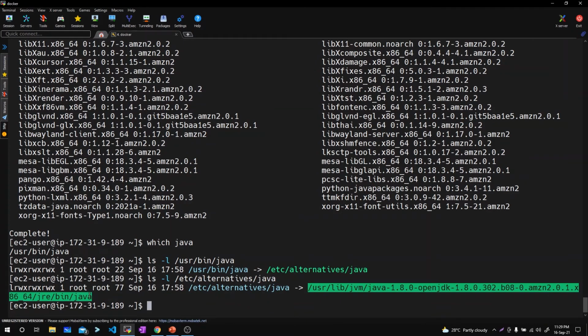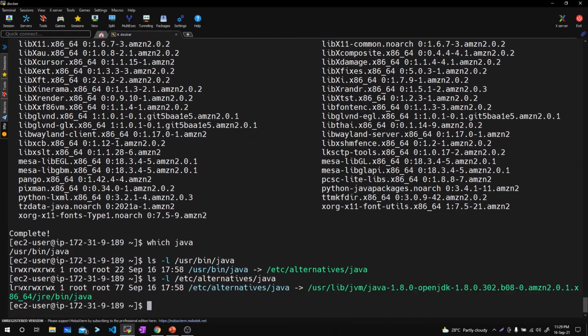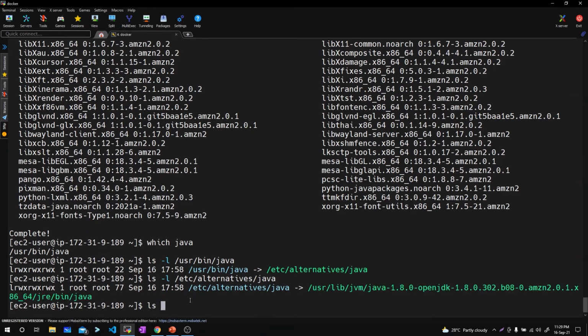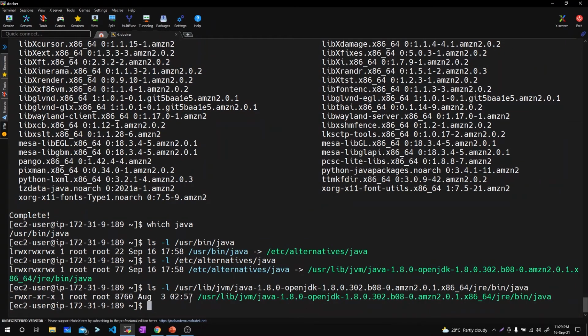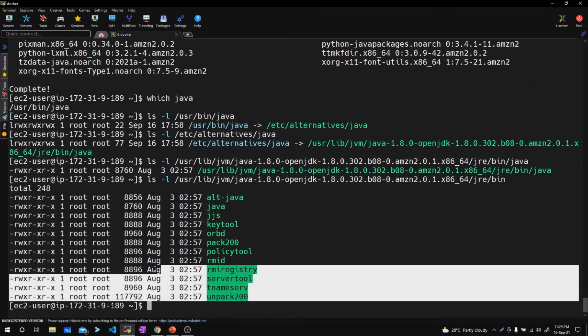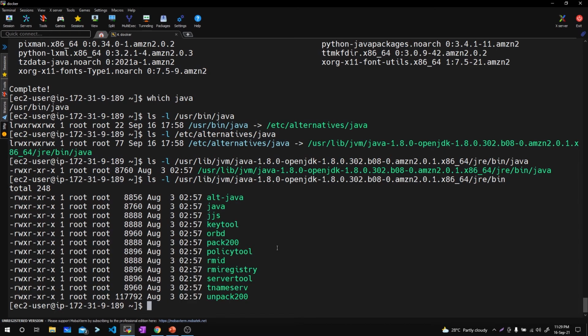So I'll go to this directory, that is the installation directory for my Java. The reason why I said it is a soft link is due to the presence of l in the ls -l output. Then I'll go to this location by doing ls -l on that location. So now Java is installed in this location. If I go one step backward in that current directory, I can see many of my utilities present in that directory. So this is how you check the Java installation directory.